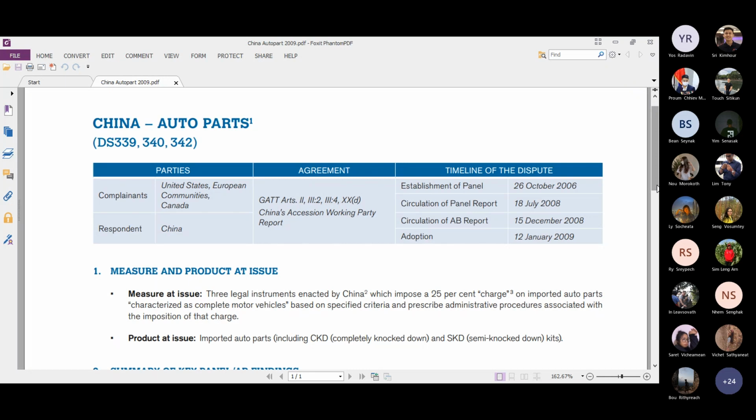They did not record the consultation because consultation is a bilateral negotiation between China and the three parties. But they start the record for the timeline of the dispute from the establishment of the panel. As I said, we have the consultation and then the panel and then the Appellate Body and then arbitration, the last one. So the panel that was established for the case was